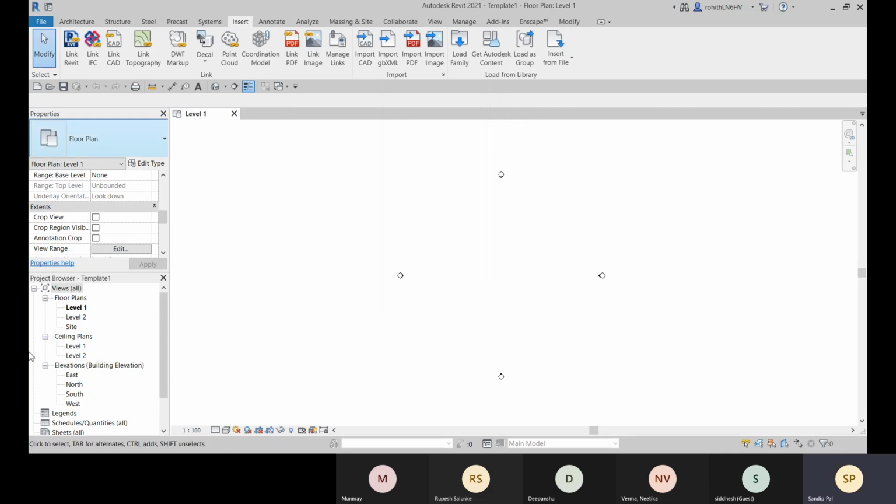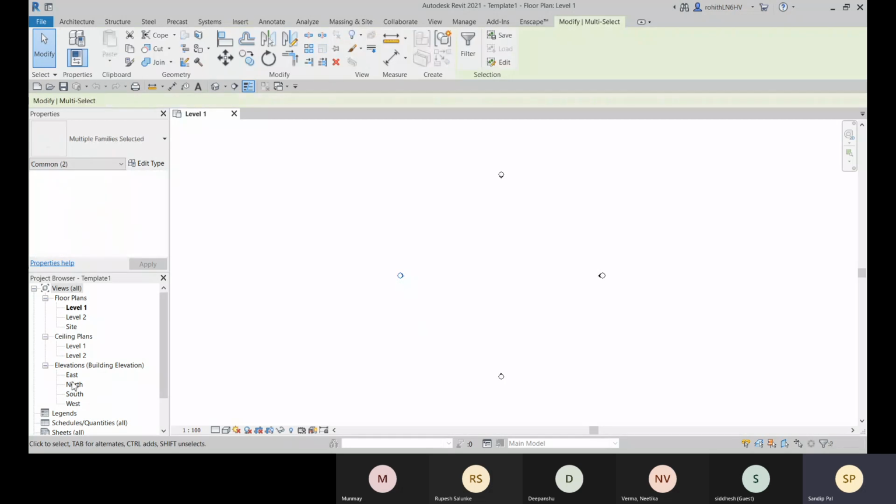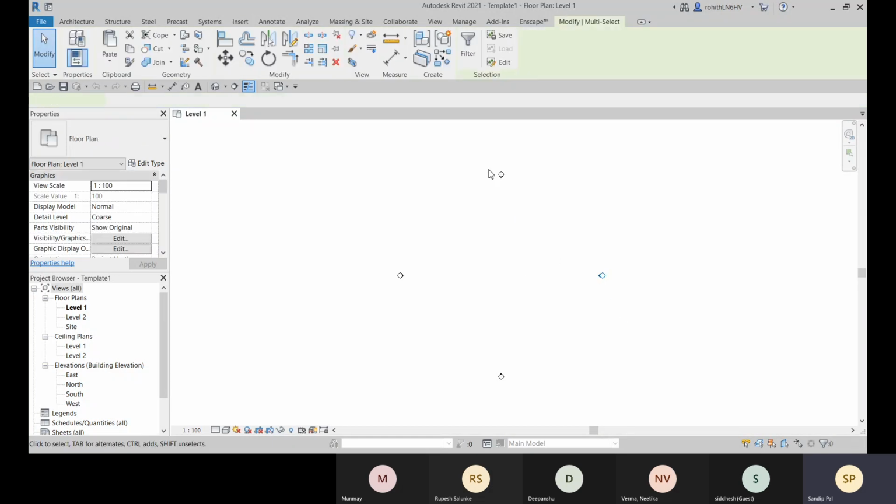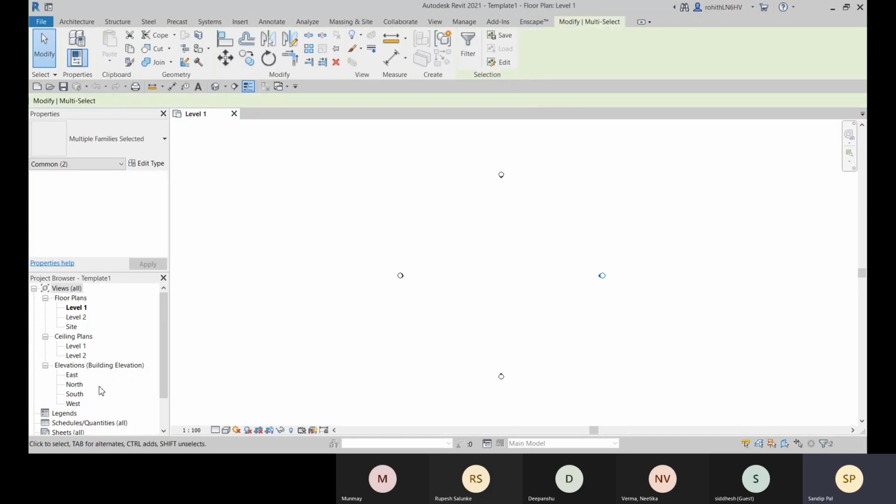Okay. Now here you can see that within this architectural template, we have some floor plans. As per the levels, we have some floor plans, we have some elevation views. So as per these elevation cameras, we got this elevation. Okay, so these elevation cameras are placed in four main directions, that is east, north, west, and south.